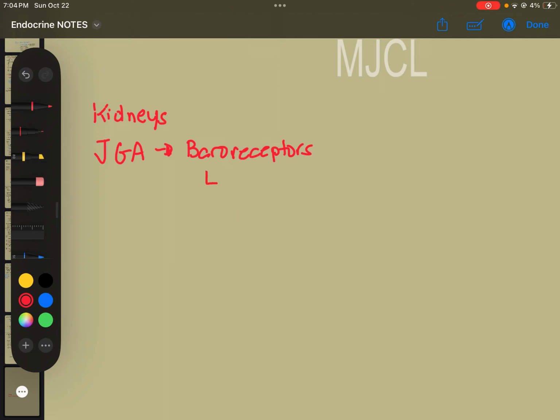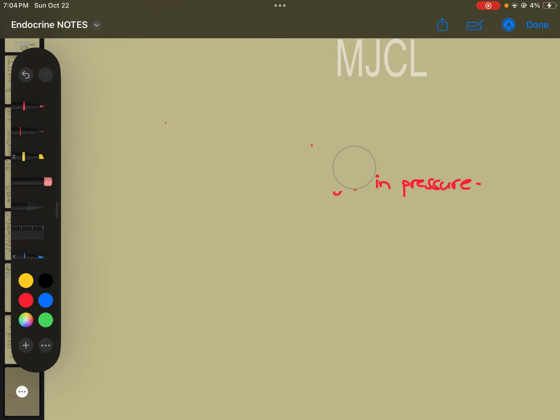Our baroreceptors will note changes in pressure. Okay. Our renin-angiotensin-aldosterone system will start if the kidneys, specifically the baroreceptors in the juxtaglomerular apparatus, detect a decrease